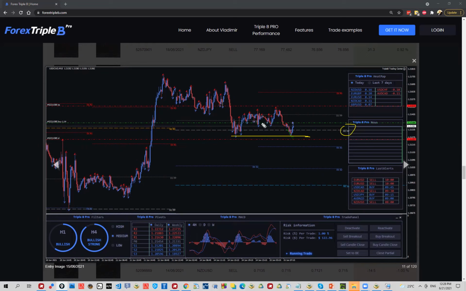So ABC structure, at that moment, right here, the filters are also in play, right? And we have the green cloud supporting the price now from the downside. Touch of this thing, break above the most recent fractal, and we're looking for continuation up. Now, if you have a bit more understanding of the markets and you have some extra skills besides the triple B, right? And you understand all this that I'm suggesting, in these cases, you can also be looking to increase the target